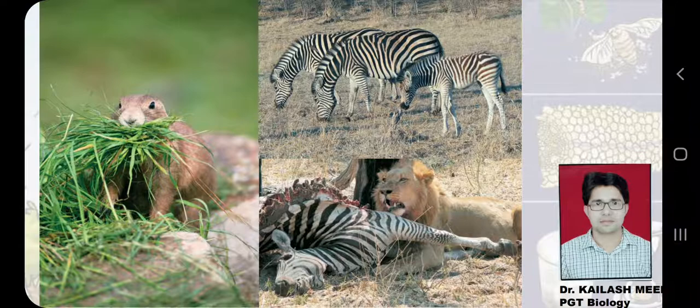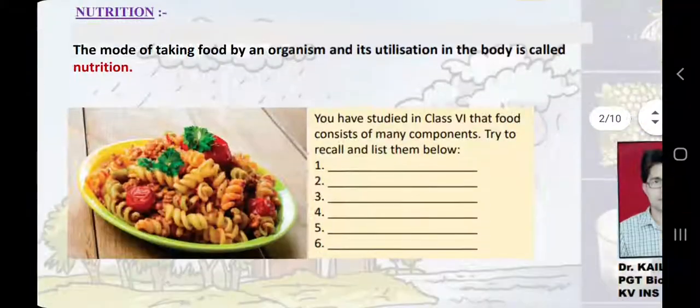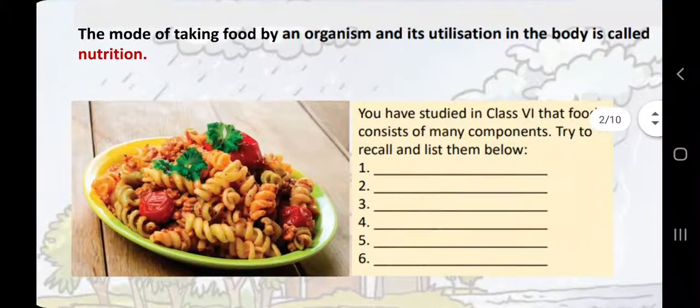So what is nutrition? We have already discussed this in our previous video of class 7th science chapter 1, and you also learned those nutrients in your previous class, class 6 science. So let's have a brief look at that. This is a brief activity for you all to recall those nutrients and write them down on a page or in a copy, if you have a pen or paper. If you don't, then keep in mind and recall. I will take these nutrients later in this section.